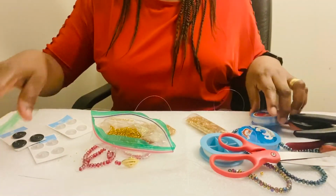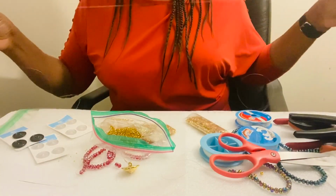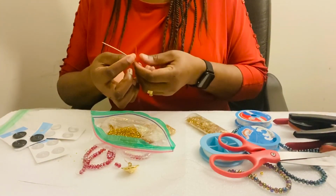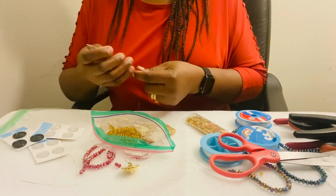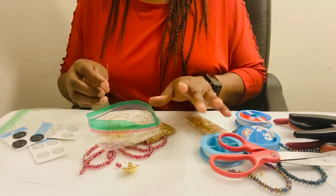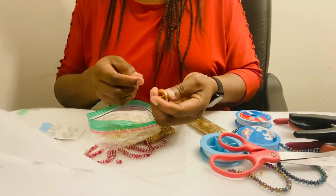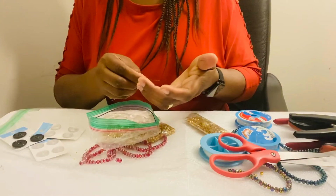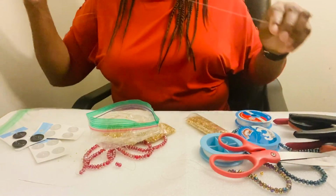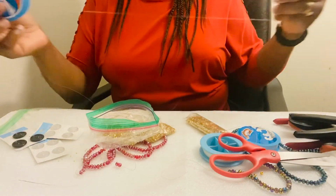So this is my fishing line. I'm using 0.30 monofilament beading thread. So you are going to cut according to the size you want to make, a sizable length. Then you are going to start by first attaching the button. So you're going to pick the button just as you attach a button to a dress. The same way you attach this button. So you are going to attach the button in the middle of the